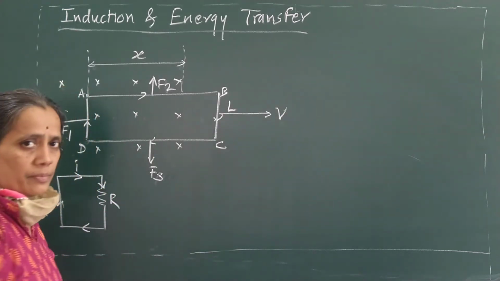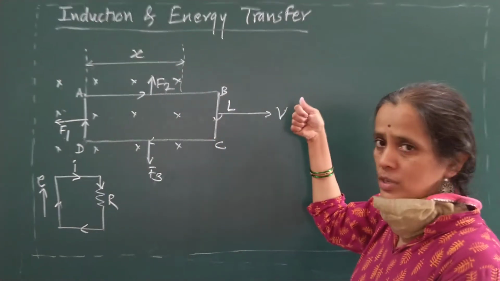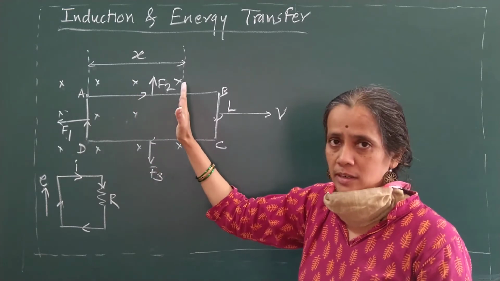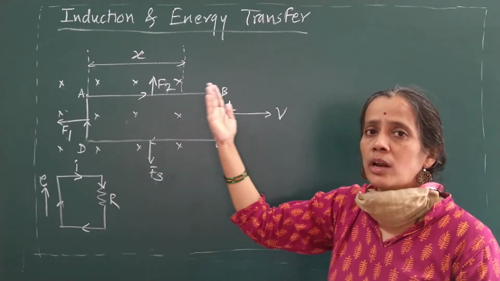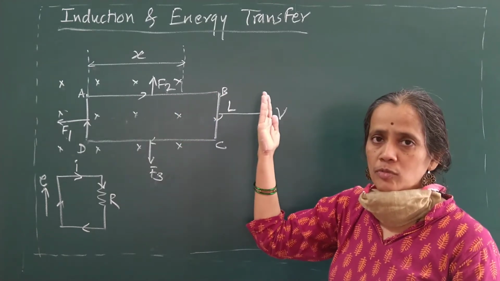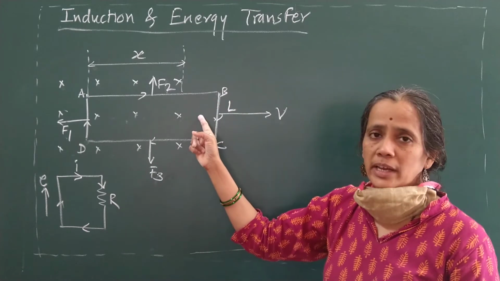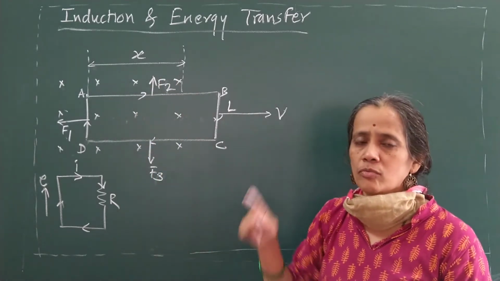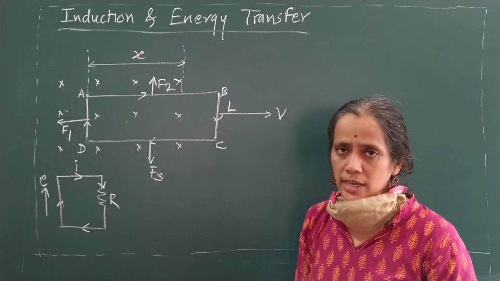with a certain velocity v. Now when I start pulling the coil by applying a mechanical force, the area of the coil which is inside the magnetic field will slowly go on reducing. So if the area of the coil is swept out from the uniform magnetic field, there is a change in magnetic flux, and due to that change in magnetic flux there will be production of induced current. And according to Fleming's left hand rule, which you saw last time, the direction of this induced current will be anticlockwise.